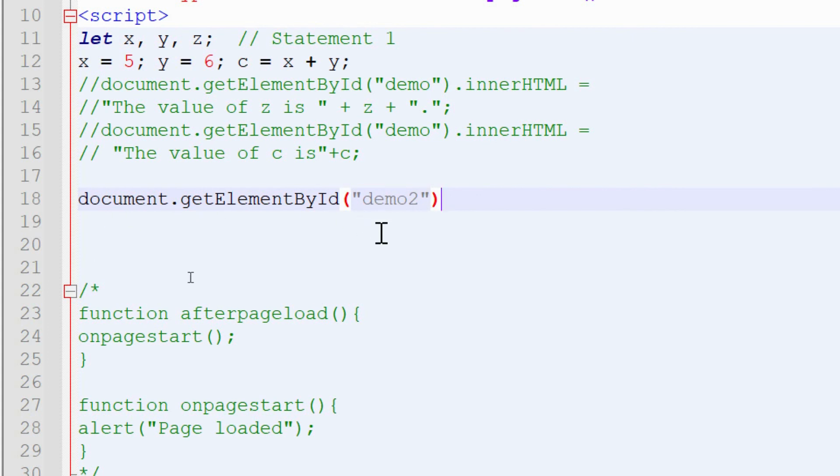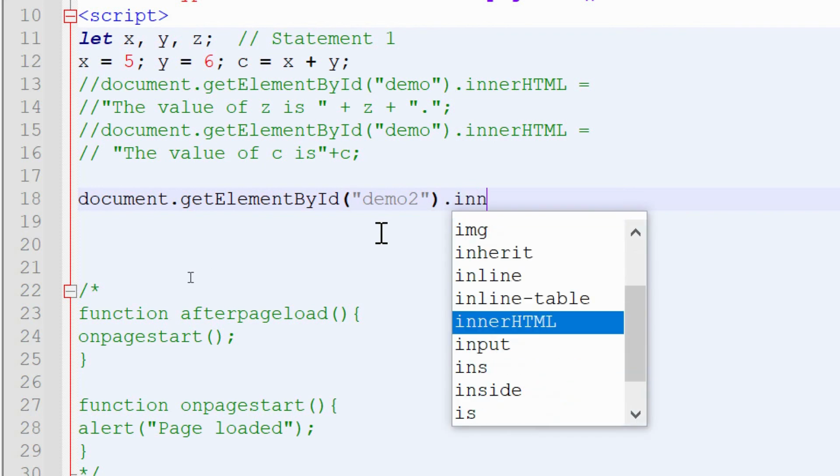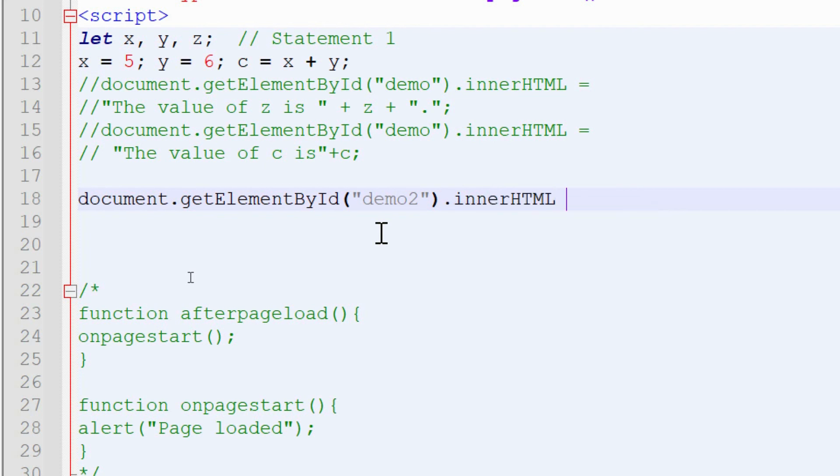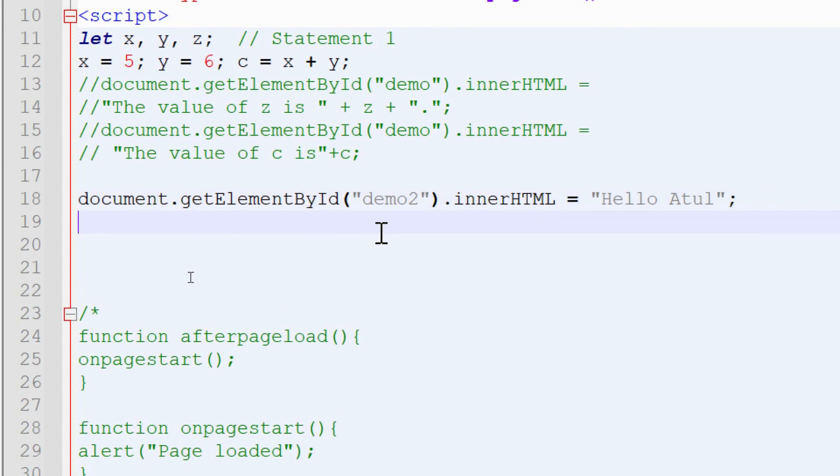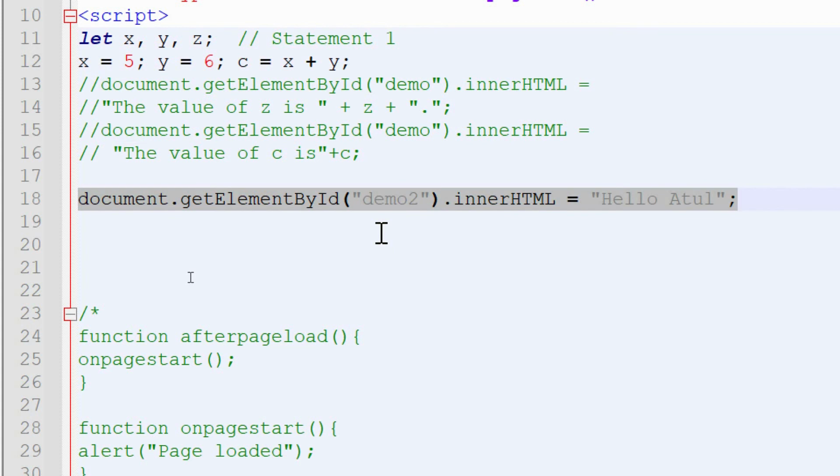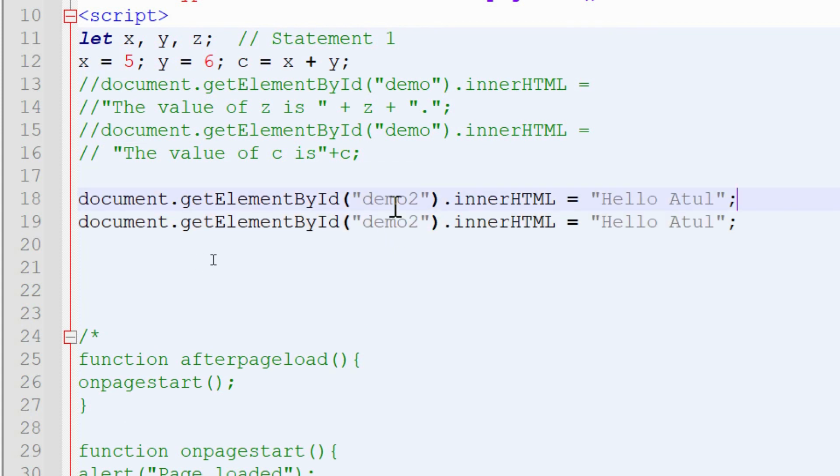So the second paragraph is selected, dot innerHTML. It is an HTML property to set the inside HTML content. So inside the paragraph, set Hello Atul. Okay, and if we copy and paste, for demo1 also we will do something like Hello Atul, and in the next we will write how are you.